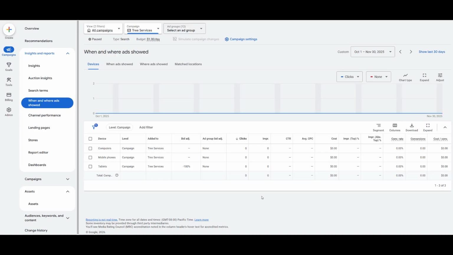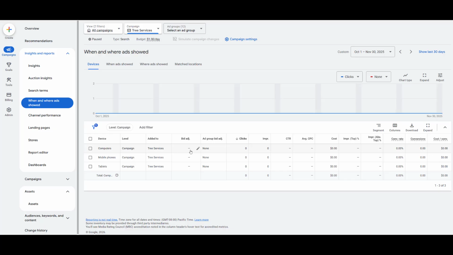But before we get to the landing pages, there's one last thing you'll need to do on your campaign to complete the Google Ads side of the adjustments. You need to make sure that you are only sending traffic to mobile devices. By default, if you're running a regular campaign, you'll probably come to this page and see nothing in these bid adjustment columns. To make it a mobile only campaign, you want to go into these 2 columns right here.